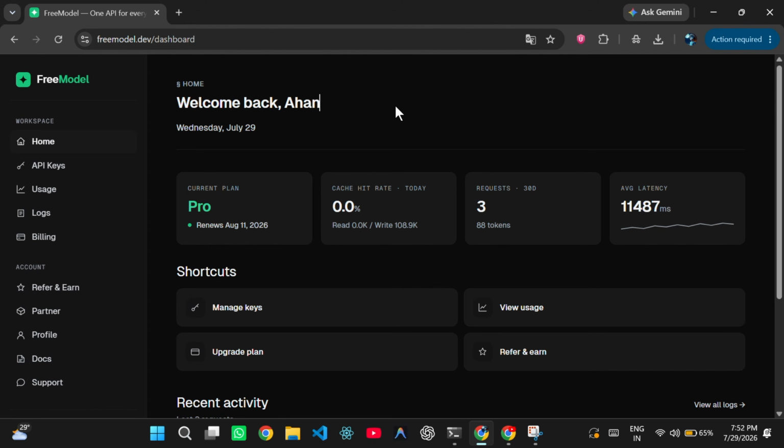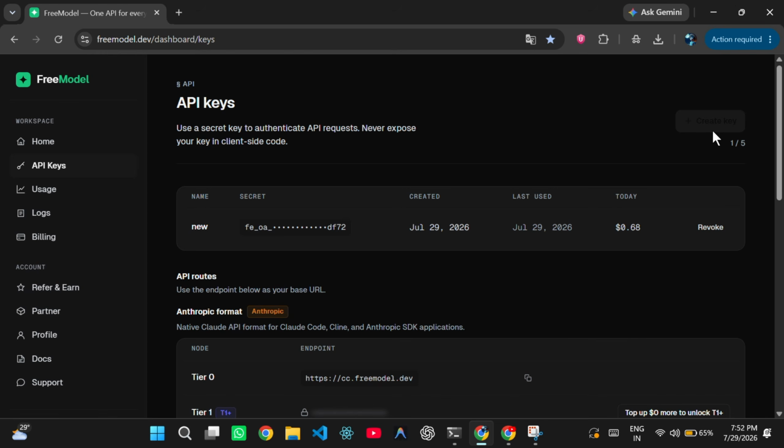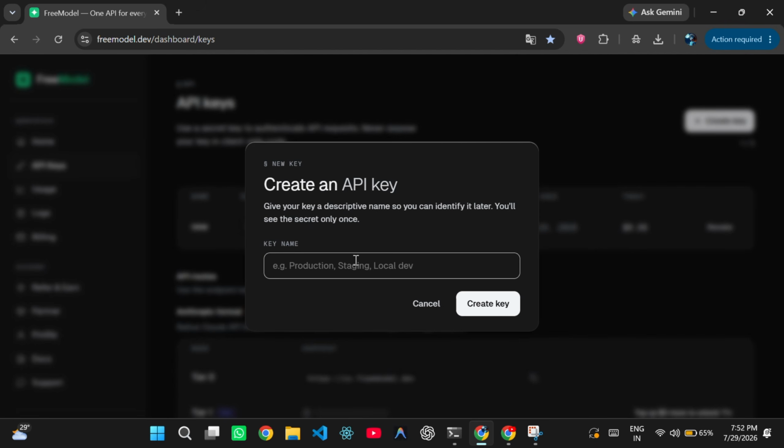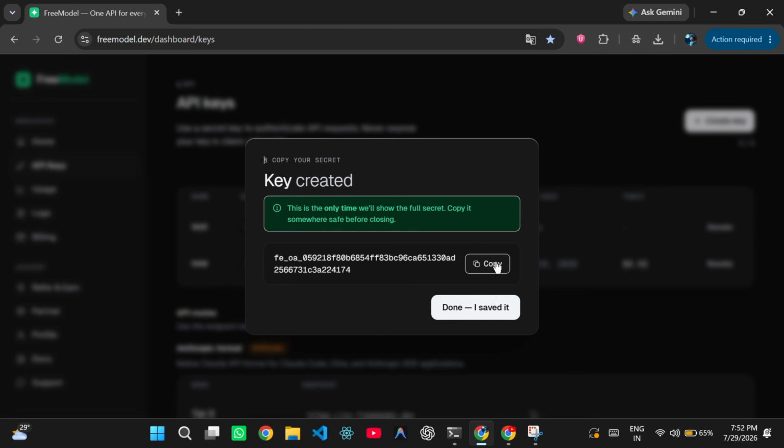After completing your verification, you get that Pro account. If you are not getting this, simply refresh it, because sometimes the website has some technical glitch. So now create an API key. Simply give it a name and create it, and copy this API key